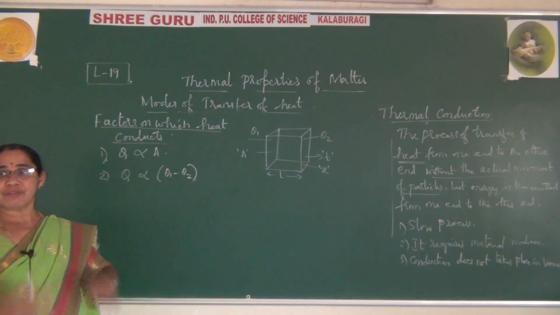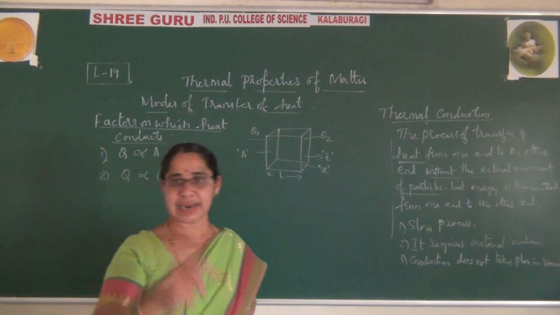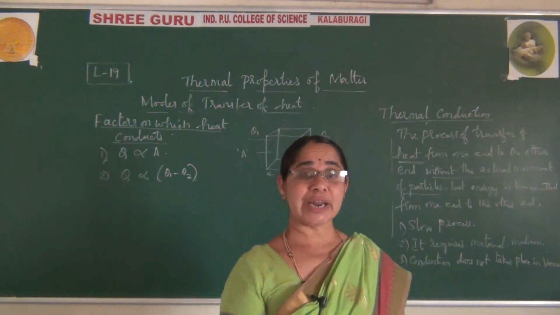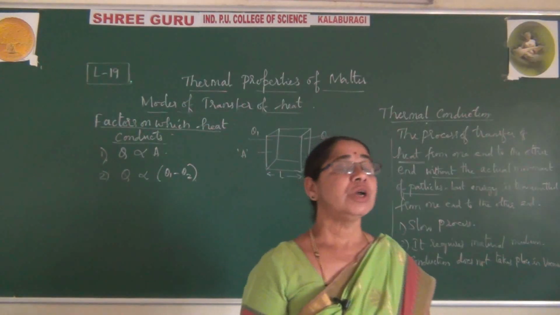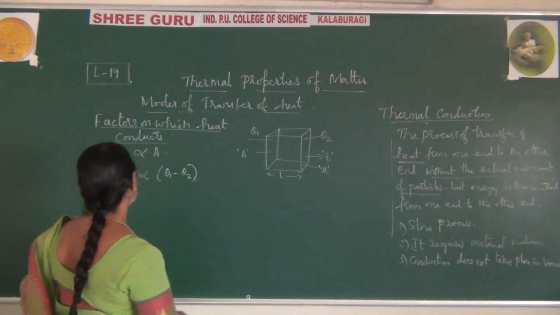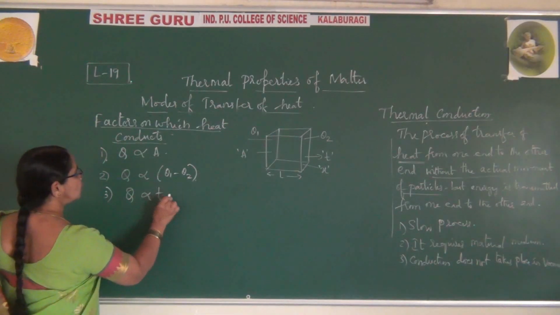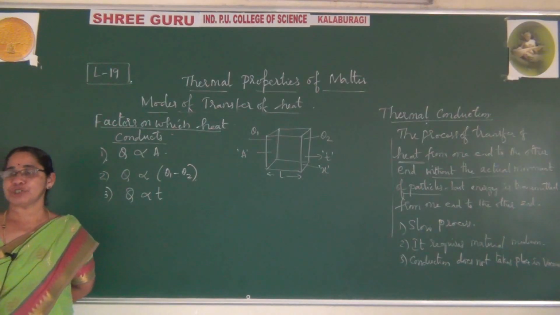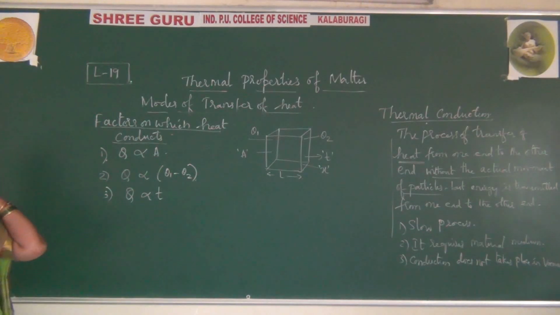Again, the quantity of heat I am supplying to it, I am supplying for some time interval, maybe for 10 seconds. It requires some time interval to heat the substance. Maybe I am supplying for more time to heat it. So as the time elapses, the quantity of heat supplied is more. So you can say again that the quantity of heat also depends on time. How? It is directly proportional to T. Quantity of heat is directly proportional to T.